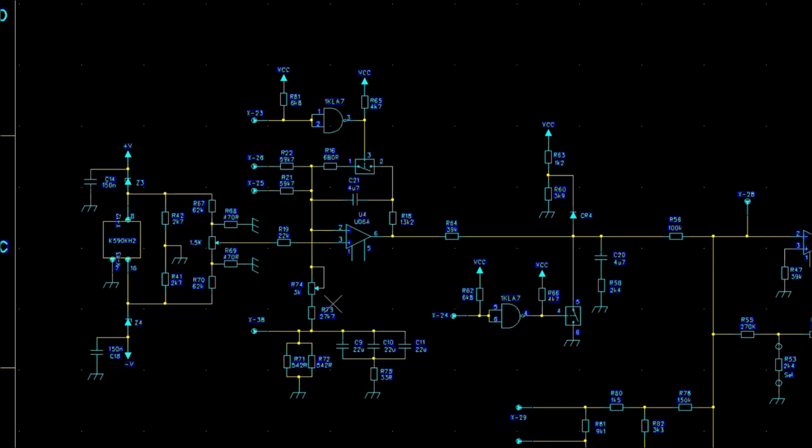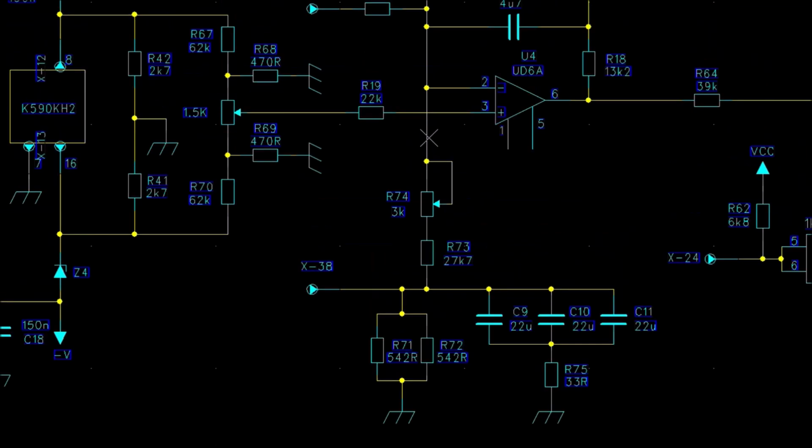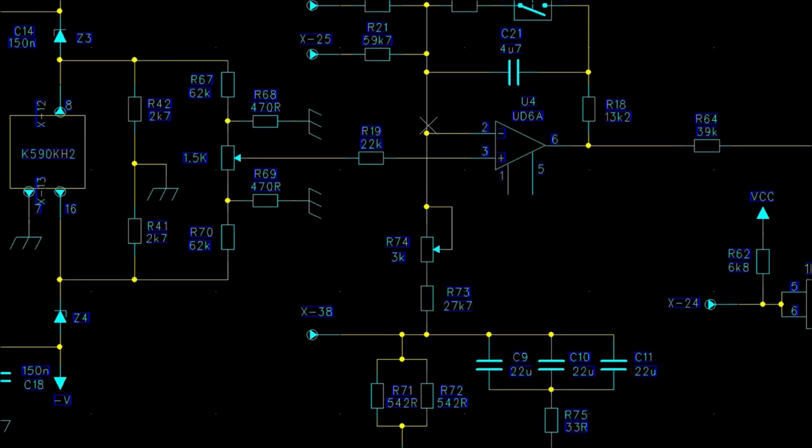The integrator has three inputs, two inputs here using these two resistors, and there is another input using these two resistors. There is also a damping circuit using these capacitors and this resistor, and there is a gain adjustment. I think that this input is the return current of the torque motor of the red gyro. The current is translated into a voltage, and this voltage is translated into a current which is fed to the integrator here. Therefore, at the output here, there is an image of the angle.